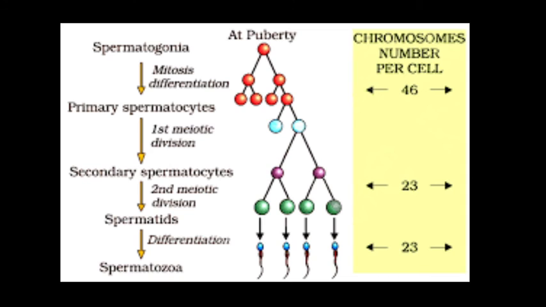I hope you all can see this screen. There is a schematic diagram of spermatogenesis. Here the spermatogonia first divide by mitosis and produce primary spermatocytes, and after that the first meiotic division occurs and produces secondary spermatocytes, which contain 23 chromosomes. After that the spermatids undergo